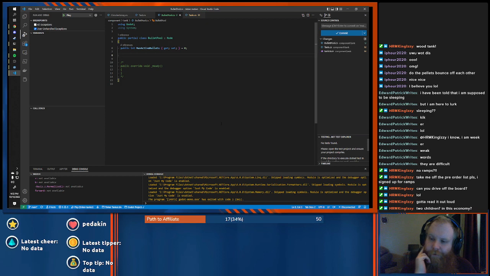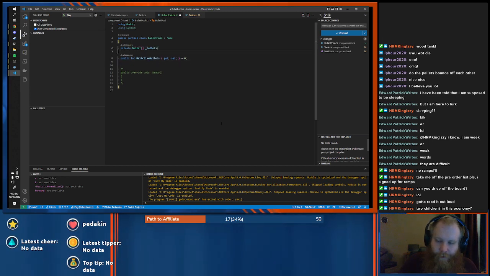Is this going to have references to the actual bullet nodes? Is it going to abstract that some way? Let's just do it this way. We're going to do public bullets. No, that doesn't need to be public. We're going to do private bullets. And that means that, should those be two separate arrays?